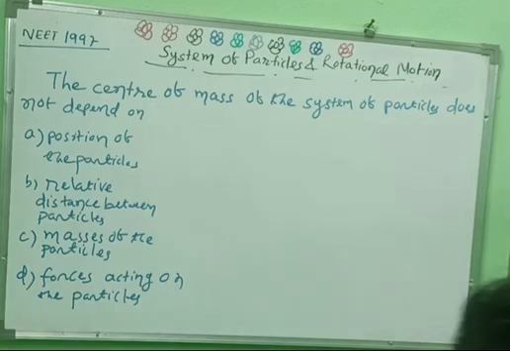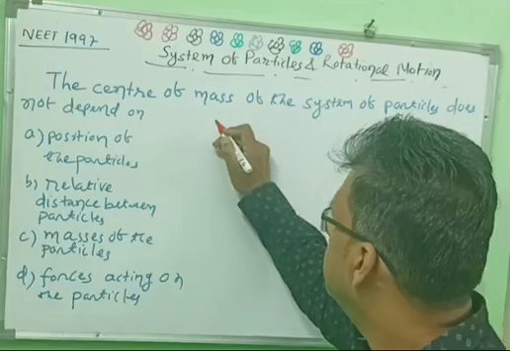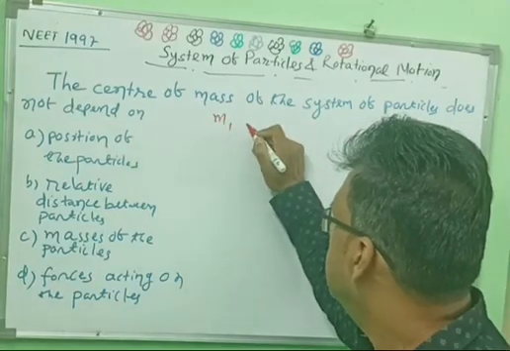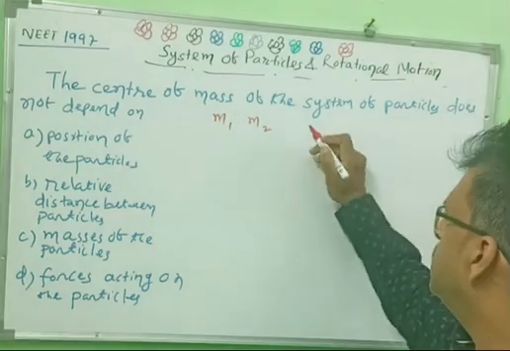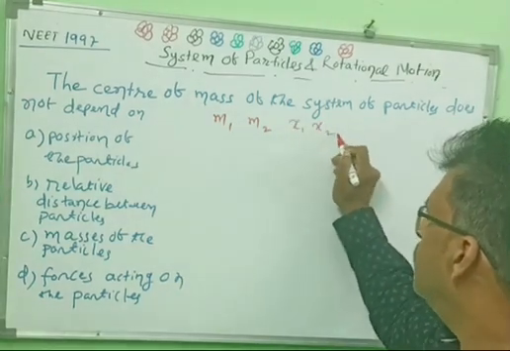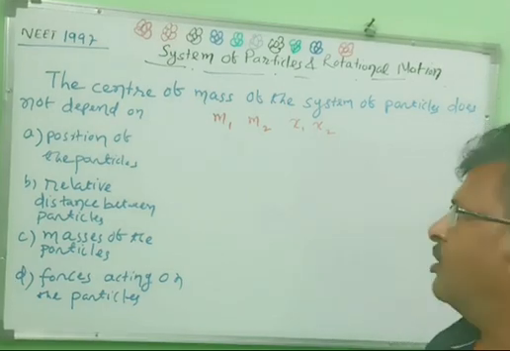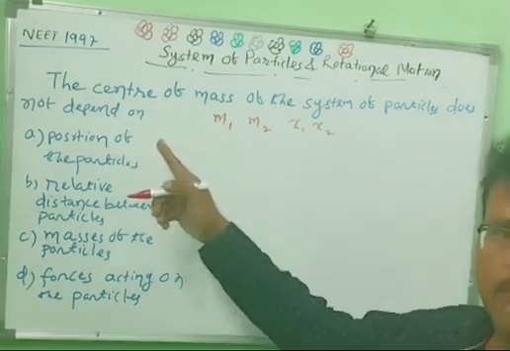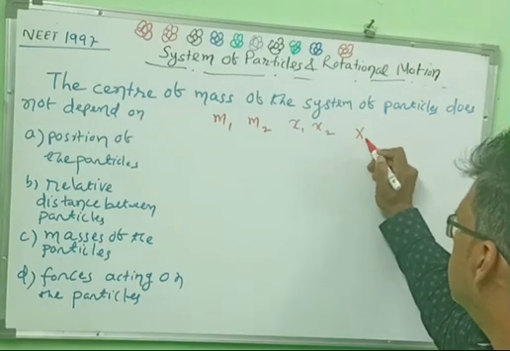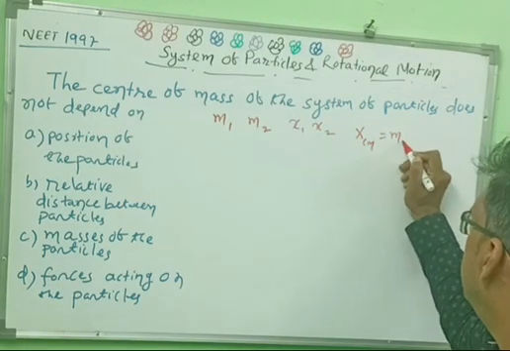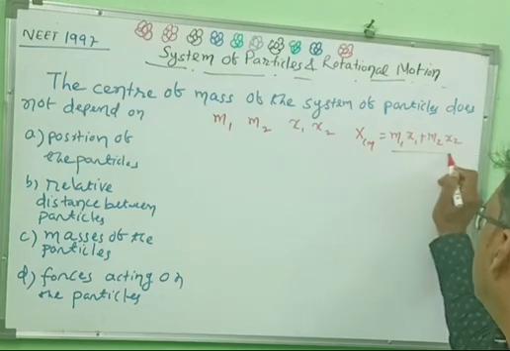Students, suppose there are two particles only, with masses m1 and m2, and the distances from the origin are x1 and x2. Then we know the formula for the distance of the center of mass from the origin: x center of mass is equal to (m1 x1 + m2 x2) upon